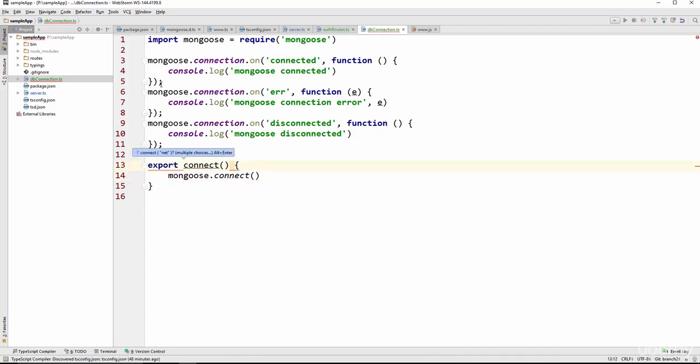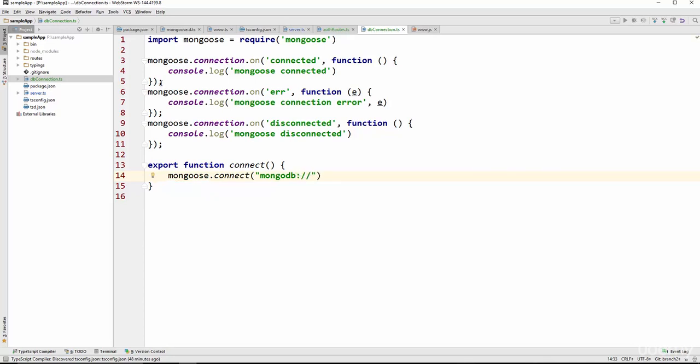Sorry, this is a function that I'm creating, so I need to set it up as a function. And this function is just going to take our MongoDB connection string, and I currently have it running on localhost here